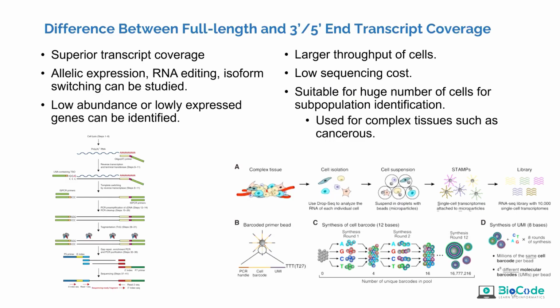So the difference between full-length and 3' or 5' end transcript coverage is that full-length gives us more transcript coverage and allows us to do allele expression, RNA editing, isoform switching. It gives us low abundance or lowly expressed genes in our analysis as well. For example, those genes that don't have proper expression in the cells, they have very low abundance in nature. Even those can be identified using full length transcript analysis. But whereas on the other hand, 3' and 5' end transcript coverage